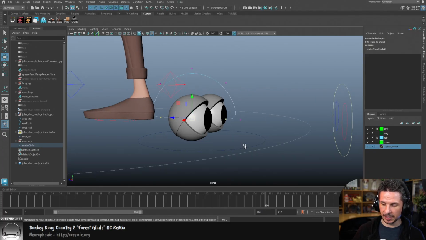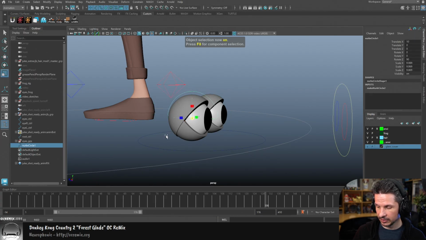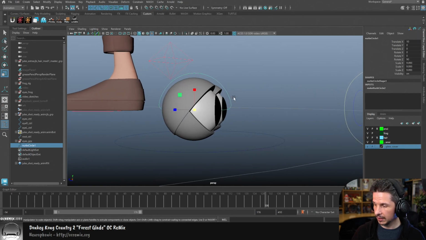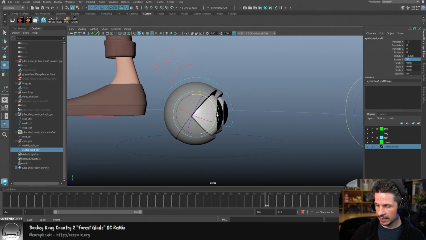So all I did was I selected my control vertices, move them up while holding down V so that they snapped to this other one right here. And what this will allow me to do is just kind of create this nice top control right there. So eyelid right control, or I should say top right control. Okay, take that, let's rotate it